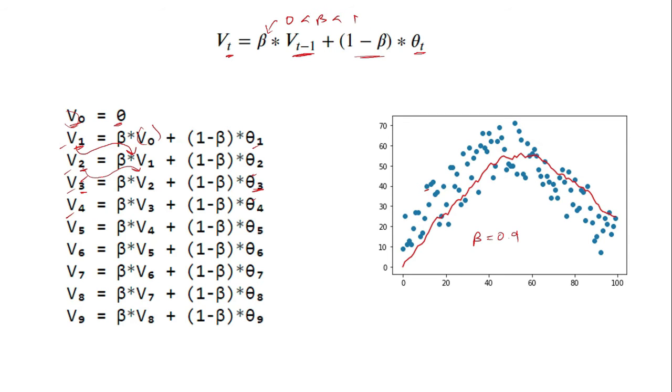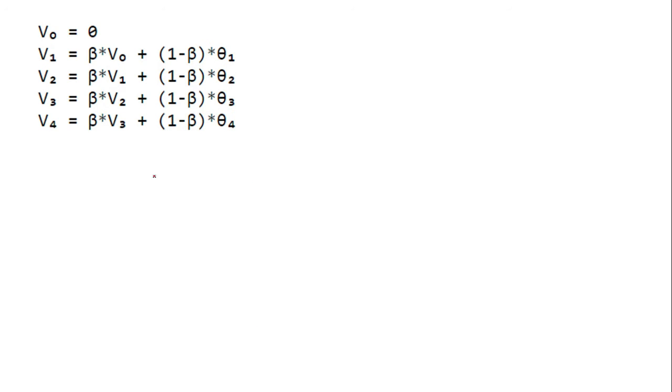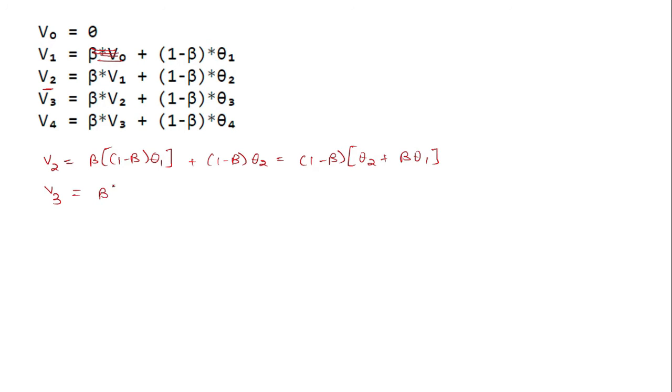Now I told you that the average is calculated in such a way that higher weightage is given to the newer points while lower weightage is given to the older points. Let's see how it is done with the help of this equation. Consider these equations. If we want to calculate V2, we can find it by computing the value of V1 in that equation. Also V0 is 0, thus this term will be 0. This way, the value of V2 will be as shown, and similarly V3 can be calculated by computing V2 in the equation, and it will become as shown, and similarly V4 will be given by this.